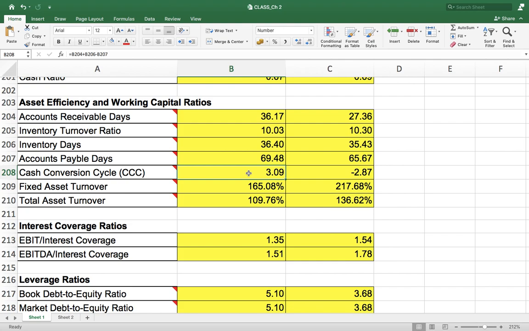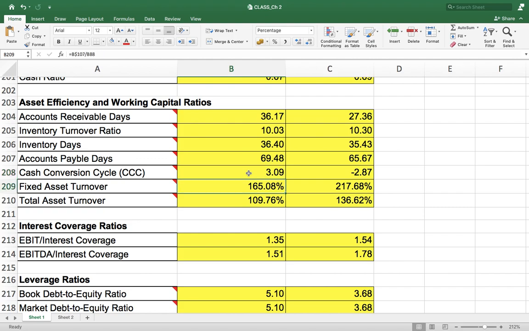You can see here excellent performance by the company. The cash conversion cycle is only 3 days, and around 2015 it is minus 3 days. So definitely this is very interesting, the company is improving. Still the profitability is not improving. That means the selling general administration expenses are eating the share of net income. So the company has to be very careful.